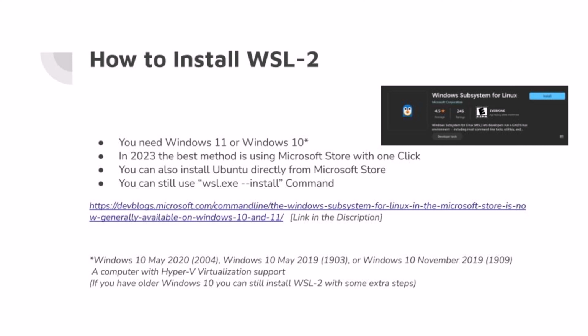The older method was using the command line. You could still open the PowerShell and just run the command wsl or wsl.exe --install. That would basically go ahead and configure your Windows Subsystem for Linux and again install Ubuntu by default. But using Microsoft Store is recommended because it is auto-updated, so you don't need to check for updates periodically. It automatically checks for updates and downloads them for you from the Microsoft Store,